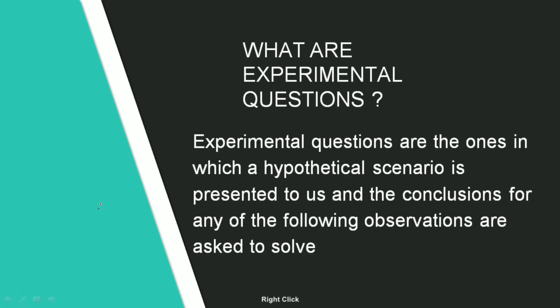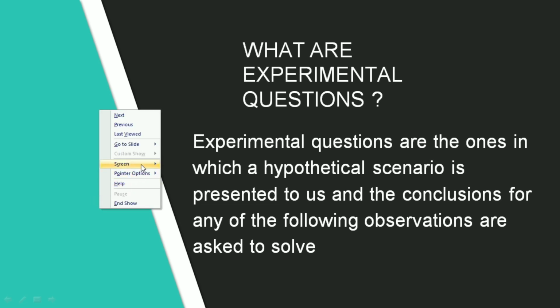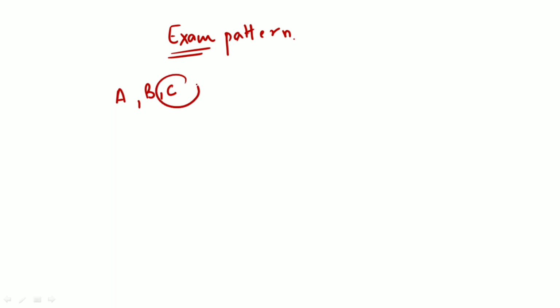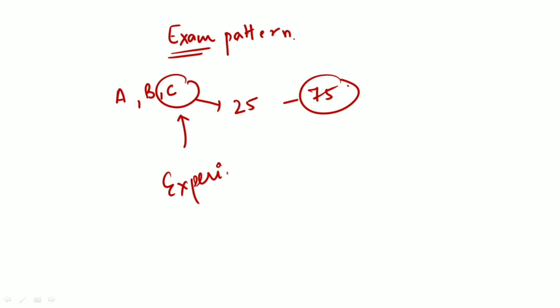The one thing you have to remember is what experimental questions are all about. But before that, if you have knowledge about the exam pattern of the CSIR, you know we have part A, part B and part C. Talking about part C, in which we have to do 25 questions out of the 75 questions given, a major portion of part C refers to the experimental questions, and many of us find it very difficult or fear these experimental questions. So I'll be sharing some tips which you could use in order to approach these experimental questions.